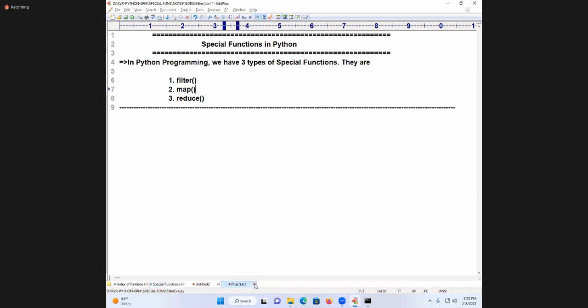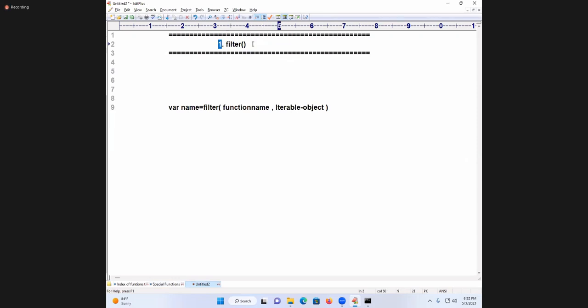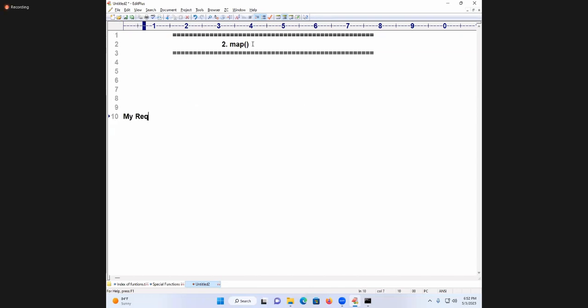What is the speciality of the map function? I am going to show you. My requirement is like this. Suppose you have an old salary list. Old salaries is equal to 10 rupees, 15 rupees, 5 rupees, 20 rupees, 30 rupees, 16 rupees. These are the old salaries. Now your company decided to give